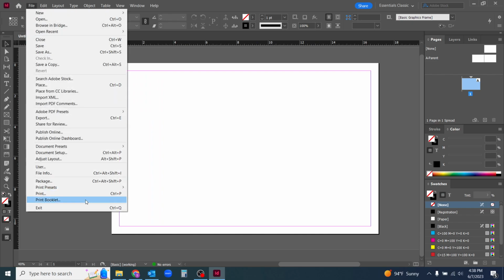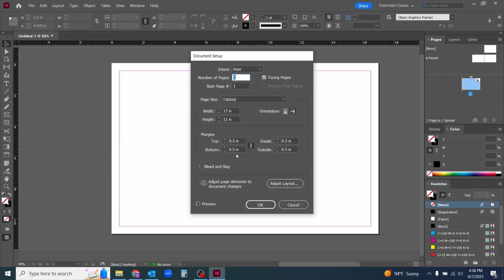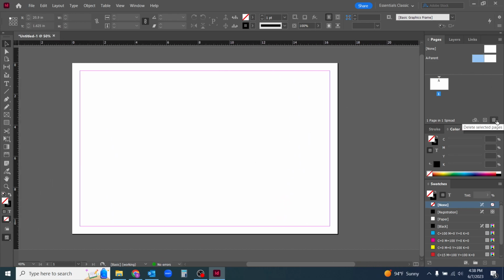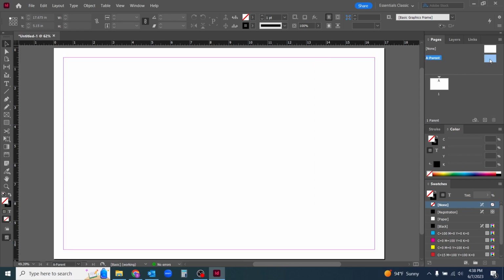So I'll go to File, and I think Document Setup. Yeah, right there. So where it says facing pages, just uncheck that. Okay. And then I just deleted the one parent page. So now if I double click on the parent page,